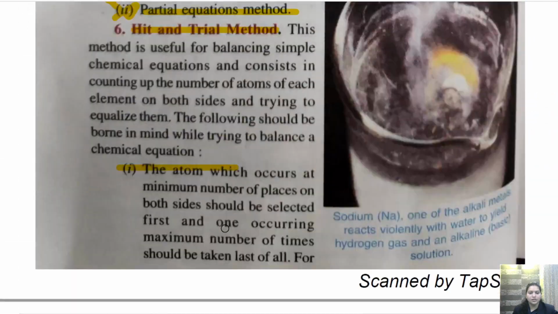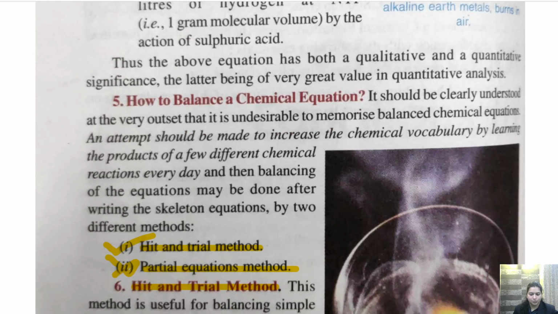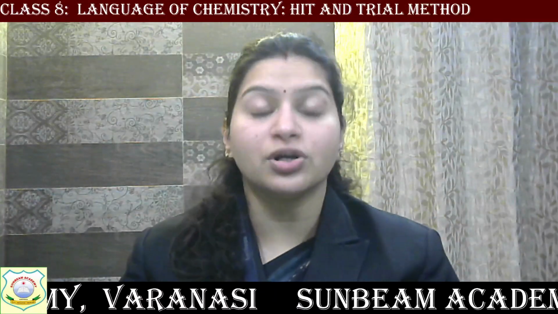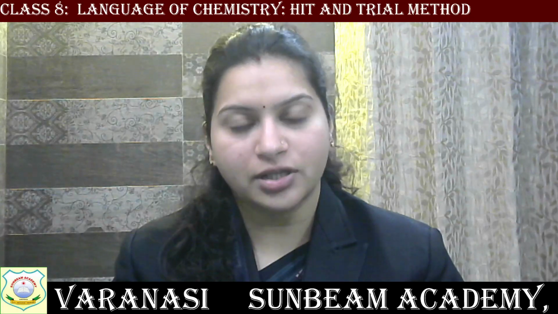Or what I will do is I'll send you the PDF of what you have to write in your fair notebook. Okay, so don't worry about it. But you will write the date, today's date, language of chemistry, and the heading or the name of the chapter will be balancing the chemical equation by hit and trial method. Getting it? So this was hit and trial method and how you can balance the chemical equation. So these two questions that I have given you as homework, you will solve it and show it to me. Okay, you will send it in the group.